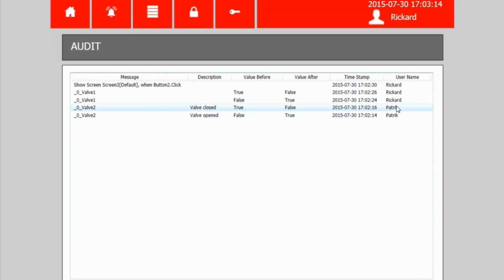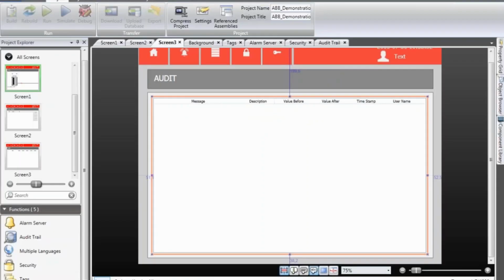So in a very short time, a few minutes, we have added security, configured which objects should be restricted. We have added an audit trail so that we can keep track of the different changes to process values. And with that, I